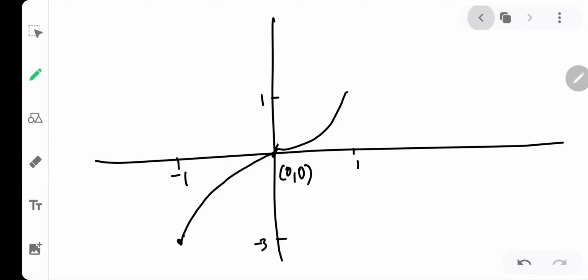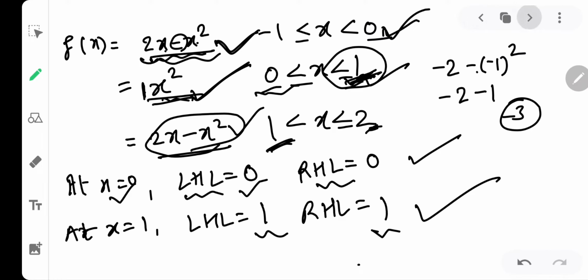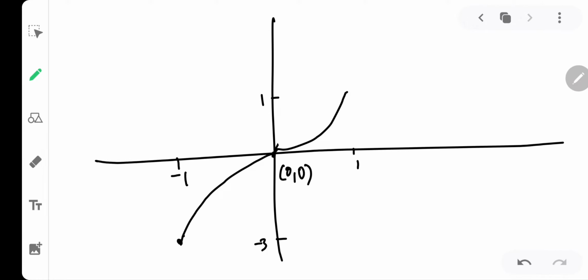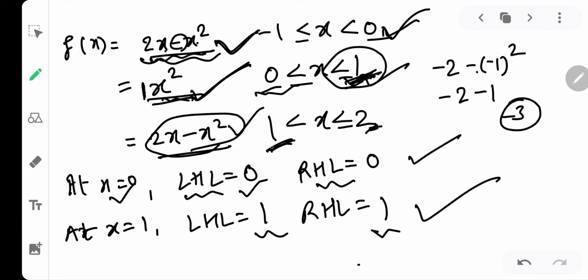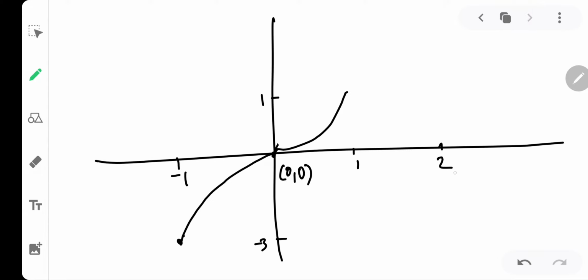Okay, and this is x square with a positive coefficient, hence it is vertically opening upwards. I hope you got it. Then from 1 to 2 again the same story. At 1 it is 1, and at 2, let me calculate, 2 into 2 is 4, 4 minus 2 square, 4, is 0. It means at 2 it is 0. So at 2 it is 0. And one more thing which you need to understand is that it will be vertically downwards.